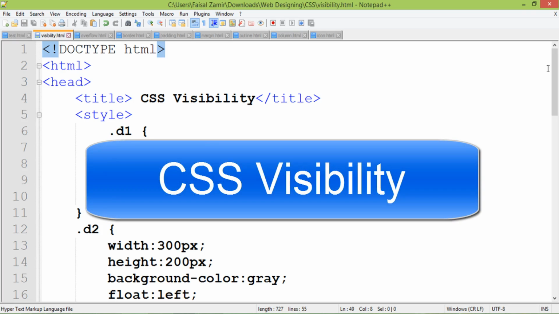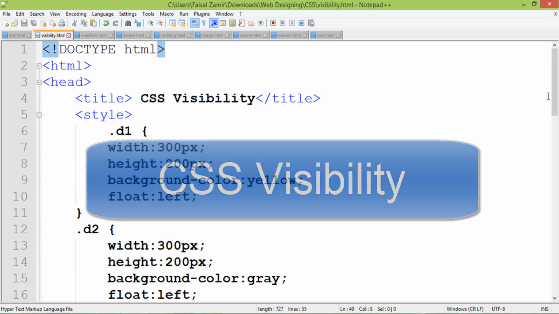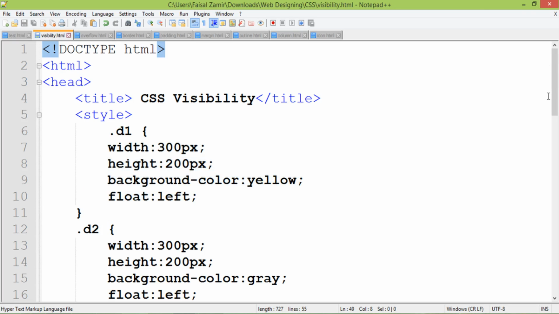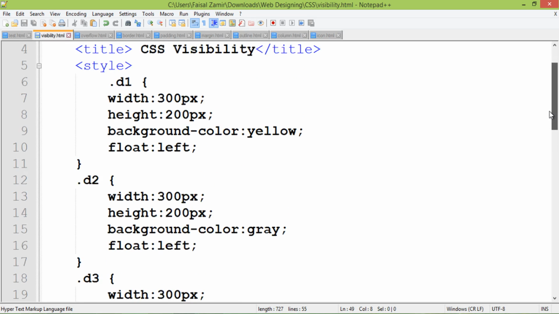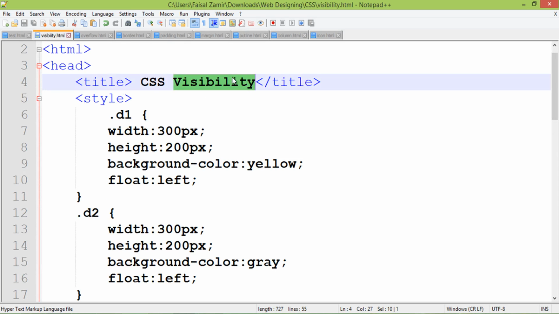Hi guys, in this class we will discuss the visibility property of CSS. How you can work with the visibility property. Visibility means you can make any HTML element visible, or you can use hidden, which means show and display working. You can work with the visibility property, but there are some differences between the visibility property and display